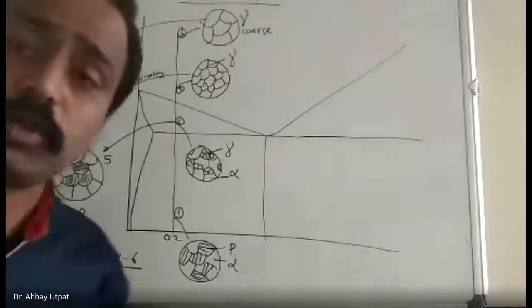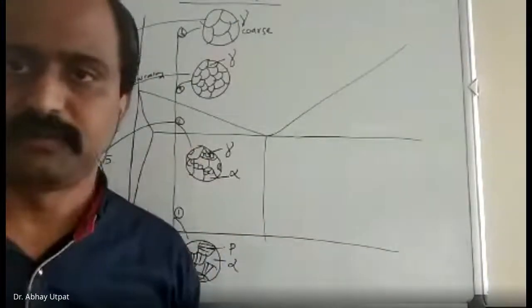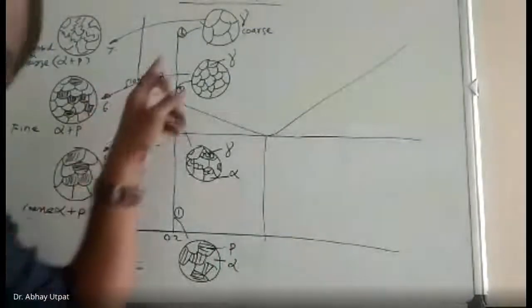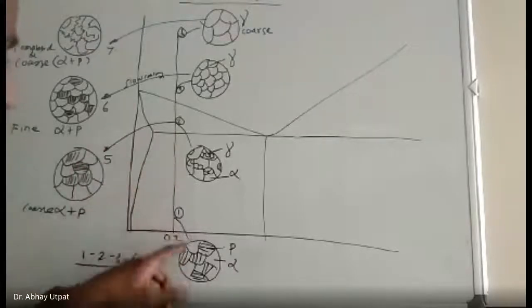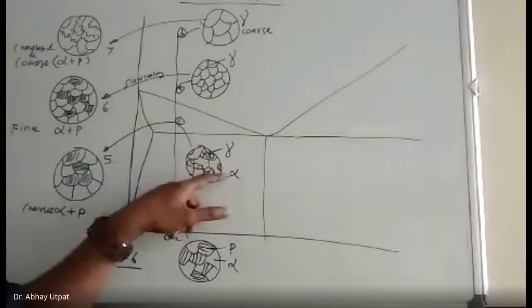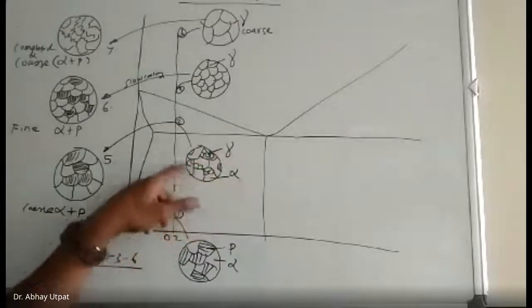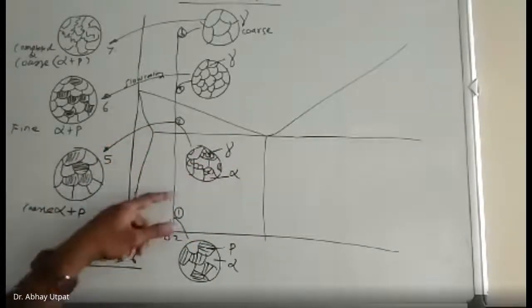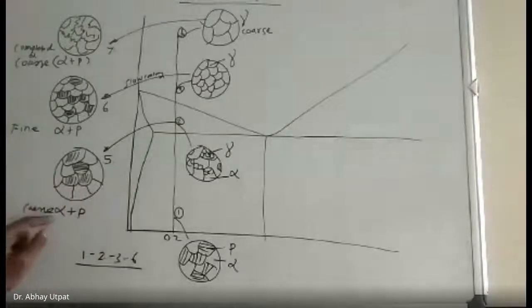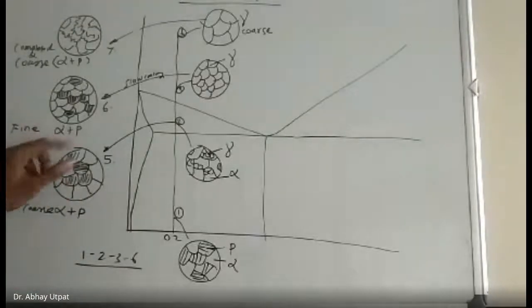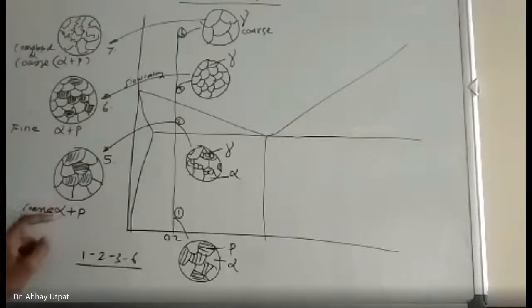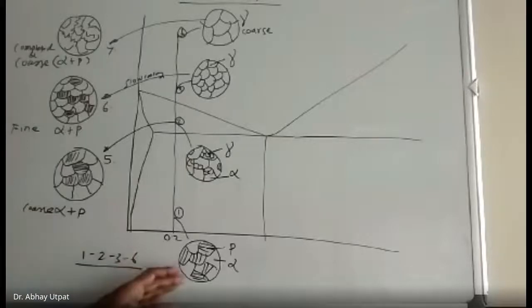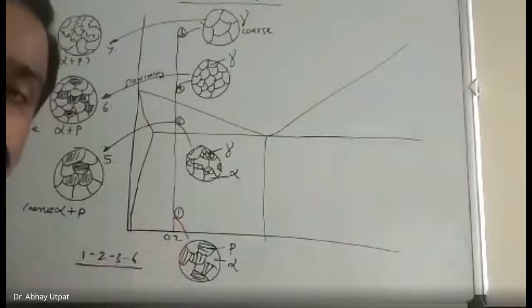Now, if you will not follow this cycle, what will happen? Check here. So let us go ahead. Before we go to the full cycle, let us go to partial cycle. So 1, 2. Structure is alpha plus gamma. And if I cool slowly from here, 1, 2, 5. This is also giving alpha plus P. But here, both alpha and P are finer. Here, there will be little coarser, as like previous structure, similar to it. Why? Because you have not produced homogeneous austenite.